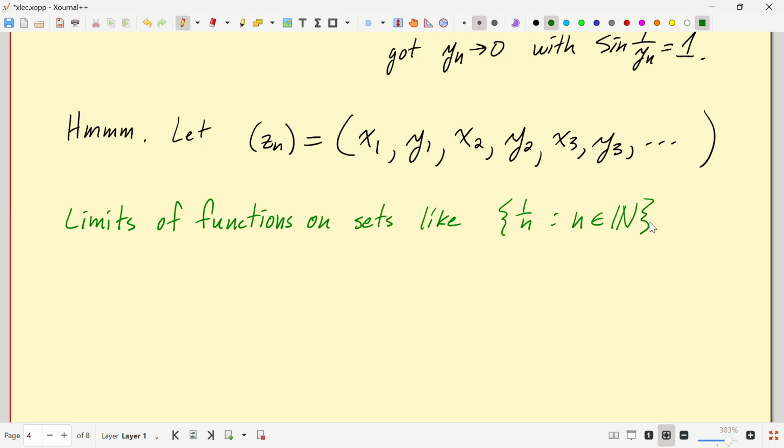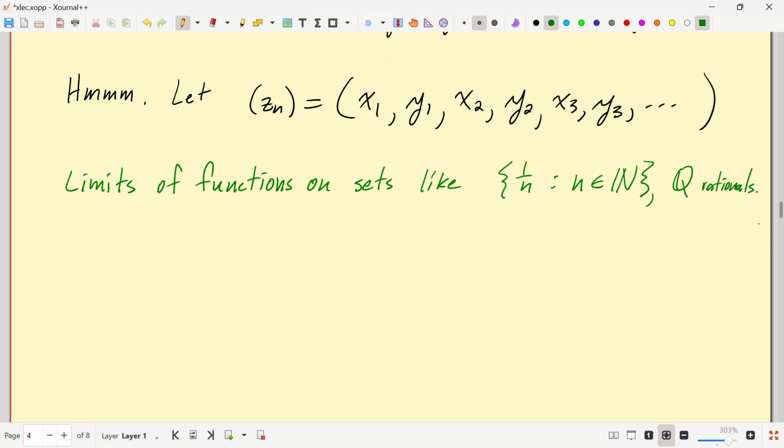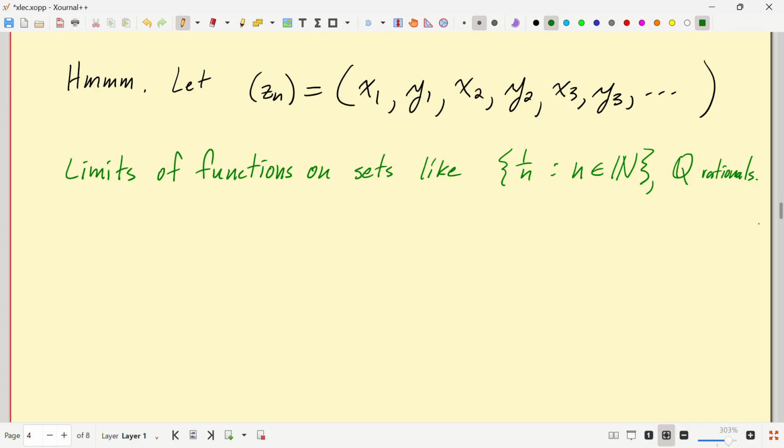And another set that's going to come up is the rational numbers, Q. Okay, those have lots of limit points, and so it's natural to think about the limits at limit points. And so that's why the book, we just defined accumulation points last time. And so the definition,